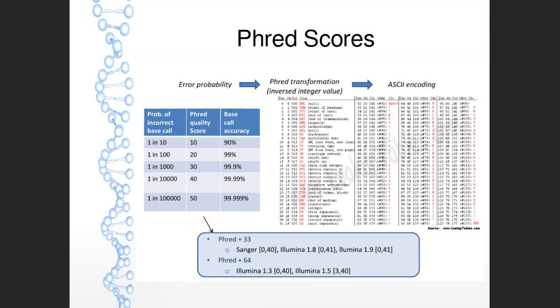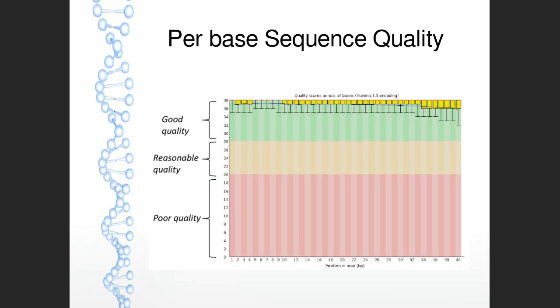So a kind of general good standard for Phred score that you'll see used time and time again is a Phred score of 30 as being a cutoff of kind of good quality, a high accuracy of base call. So that's very high, 99.9% accuracy. So armed with this information, we can look at the first metric that FastQC will give us back,